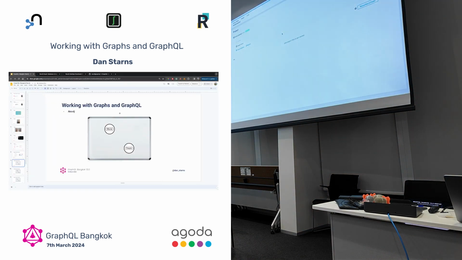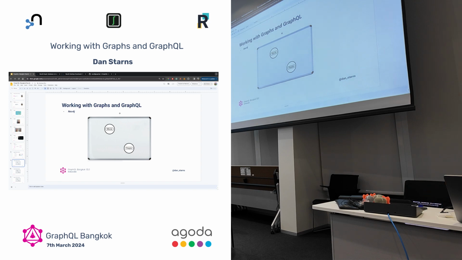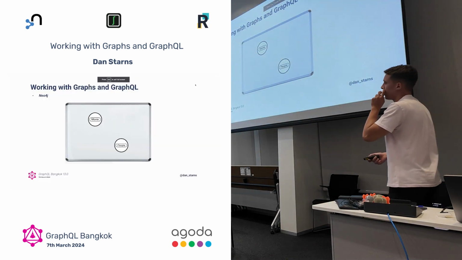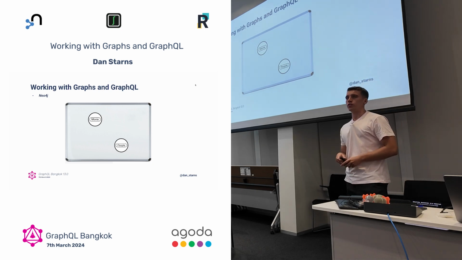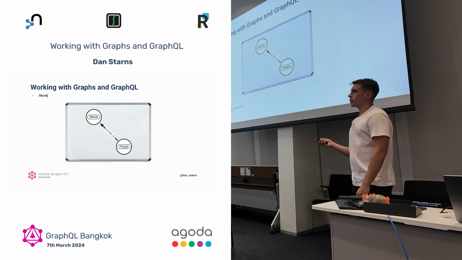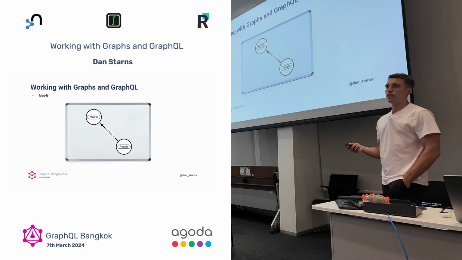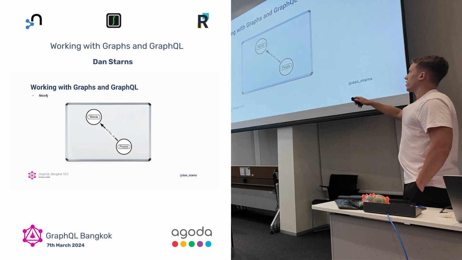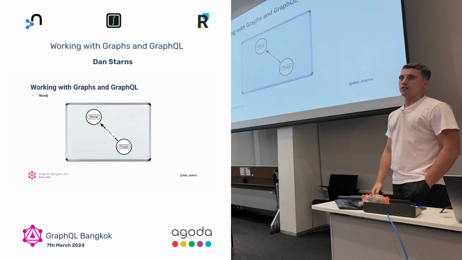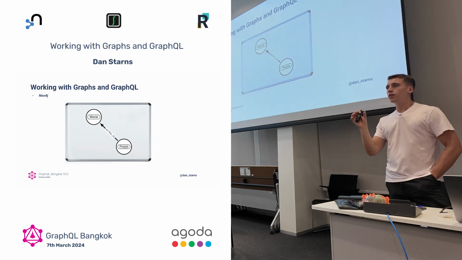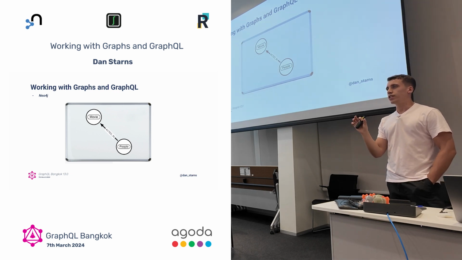But when you're thinking about graphs, there's no point in having a graph if you just have nodes on their own. They don't really mean anything. You might as well just have a NoSQL database at that point. So the real power comes with relationships in graphs. You can think of this as like a foreign key relationship in SQL. But instead, we have a fundamental core database principle called a relationship that we connect two nodes together.